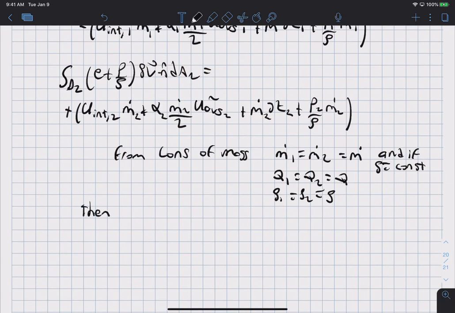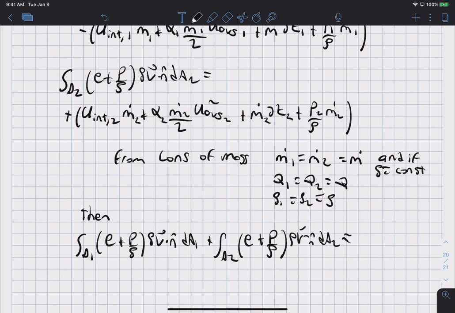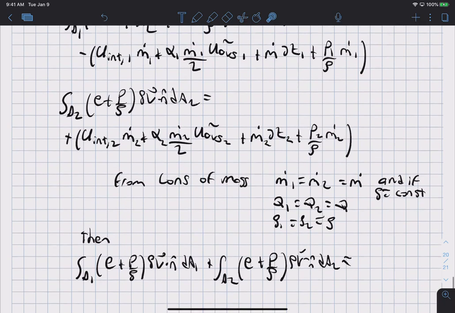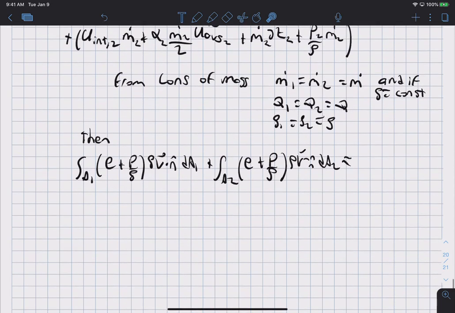Then, using this, the integral over A1, E plus P over rho V dot n hat dA1, plus the integral over area 2, E plus P over rho V dot n hat dA2, that will equal, I'm just going to take this result here and add it to this result here, and just noting that m dot 1 and m dot 2 are just m dot. And then I'm just going to factor everything out. Okay, and so this will equal